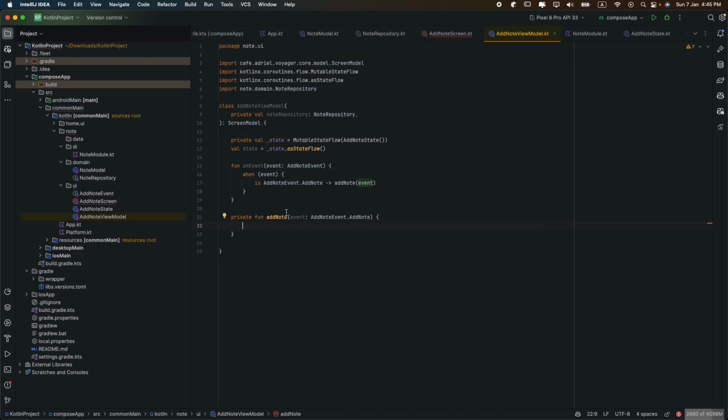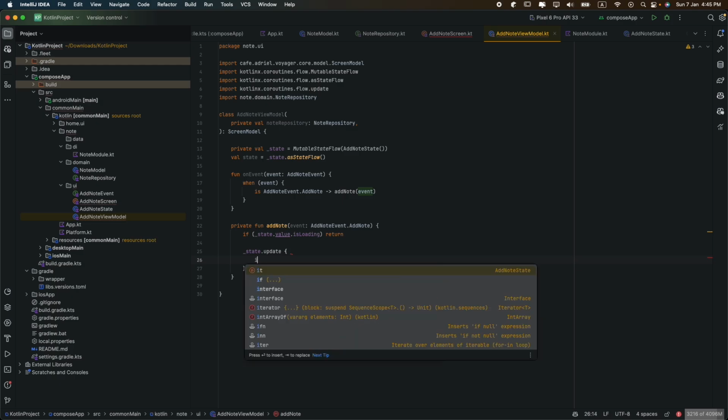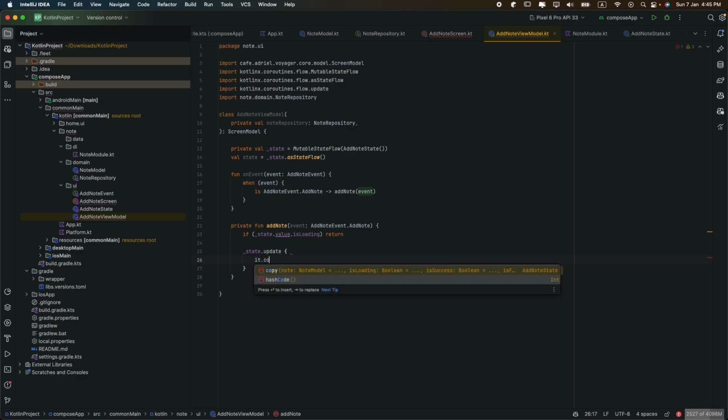Okay, so after adding a node, let's check if the state is loading. If it is loading, we're not going to do anything, just return. And if it's not, we will change it to loading. So save state.update it, copy is loading equal true,